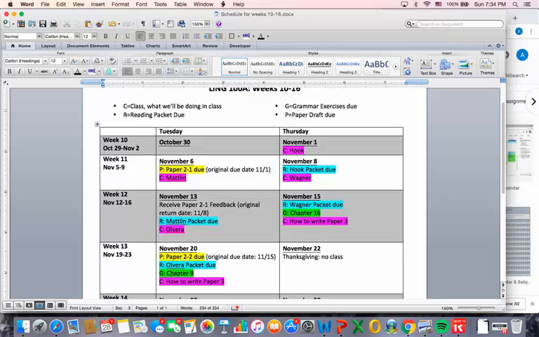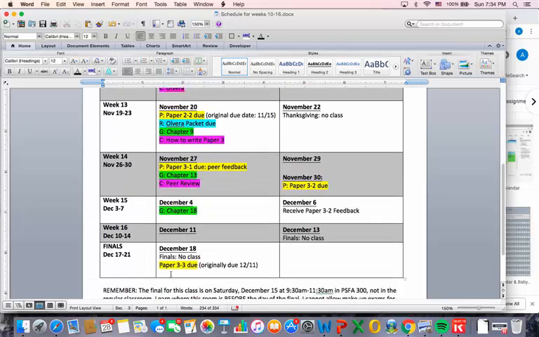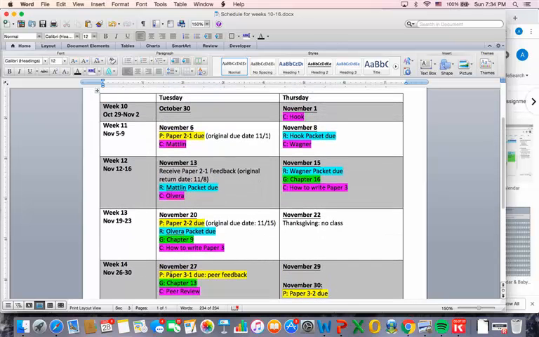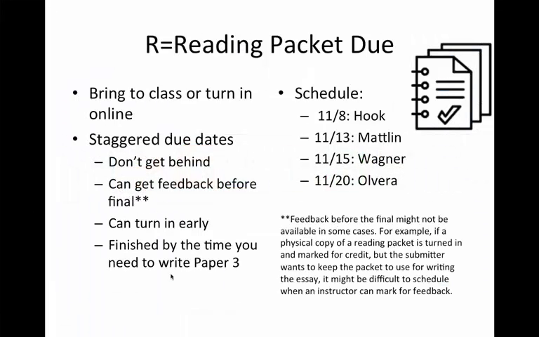Because again, a big part of the reading packets is going to be helping you with paper number 3 and also helping you with the final exam that's on December 15th. So again, do these reading packets so you have these to help you immediately in this class right now, as well as after this class, those skills that you'll take throughout your writing career at San Diego State and hopefully even beyond. So there are staggered due dates, and my goal with this is that I just don't want people